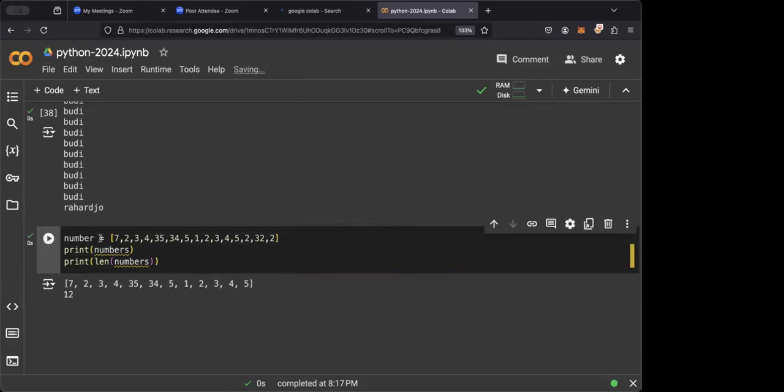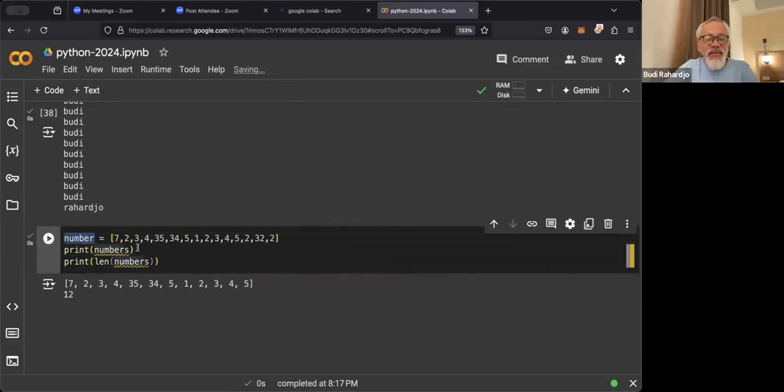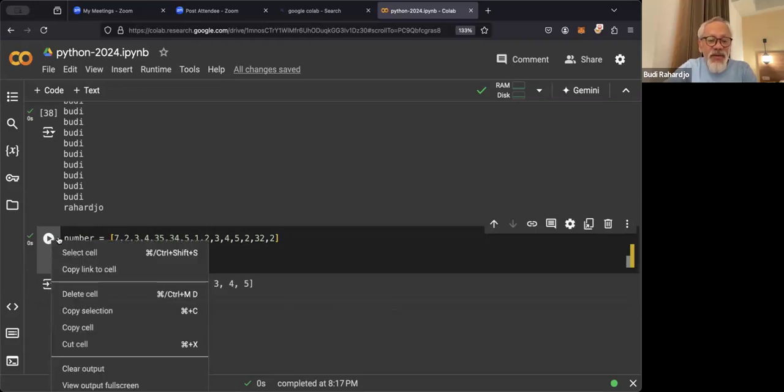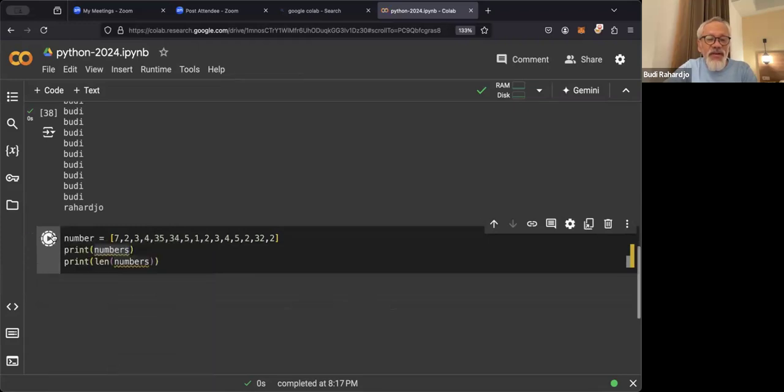So let's do this again. If I put this one, numbers, why does this one still have the numbers? Because it still has the variable from before. Okay, let's just clear output. Because it already has numbers before, right?